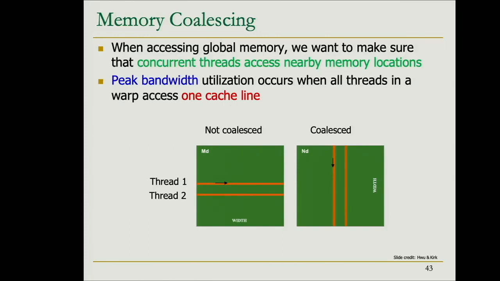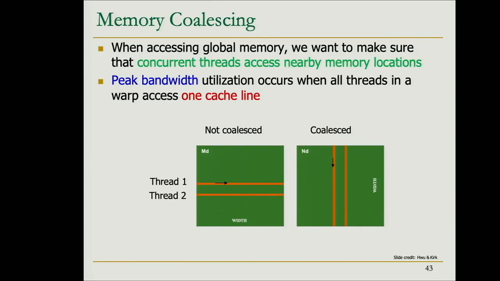And if you look at these two elements, they are too far away. How much? Depending on this stride, this width of the matrix. If this matrix is very small, that's okay. These two might even be in the same cache line, right? But if this is, I don't know, 2,000 elements, then for sure, thread 1 and thread 2 will be reading